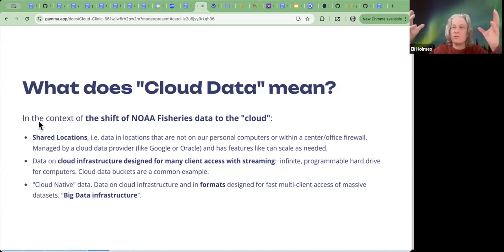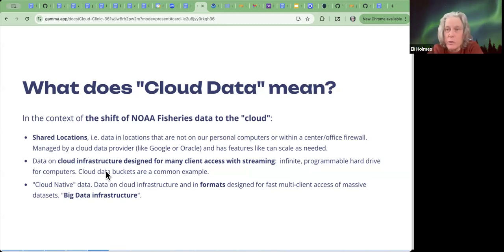So it's moving everything into resources that are managed by a cloud data provider like Google or Oracle. Okay, so I am going to talk about that. But I think for us, when we're thinking about moving to the cloud, that's the big feature: moving away from having siloed data.